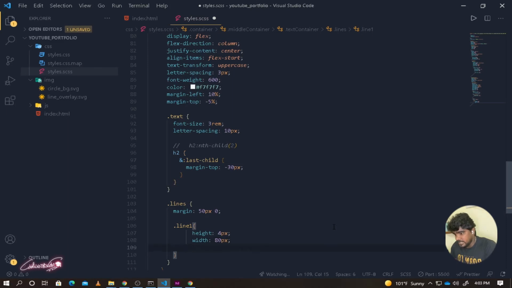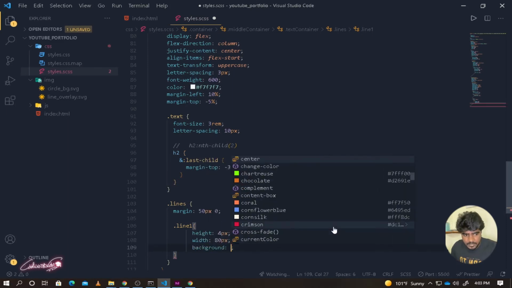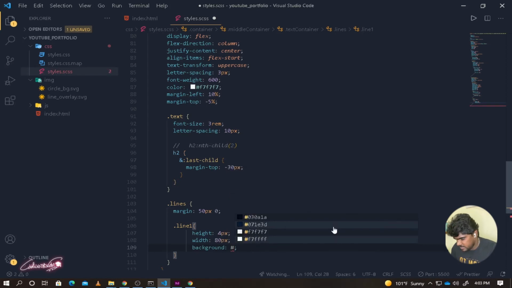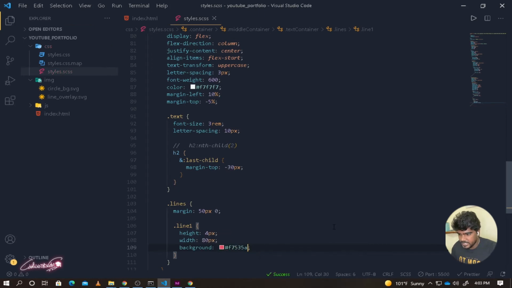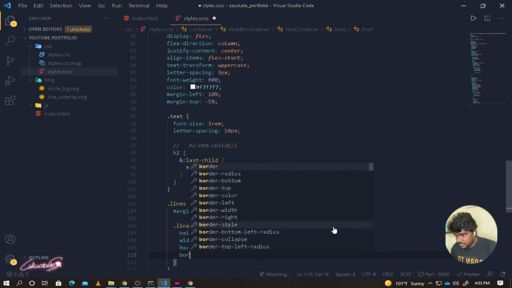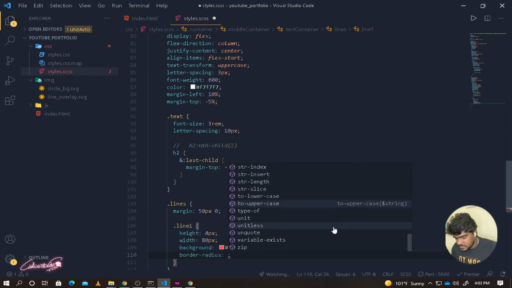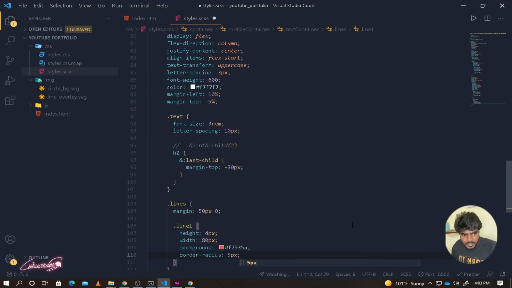And the background color, let's say hash F7535A. F7535A. Guys, definitely I can't remember this much of background color, all those stuff, so I just wrote it over here. So I'm just reading it from there. Border radius 5 pixels and